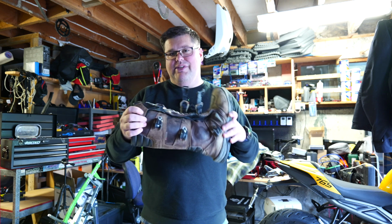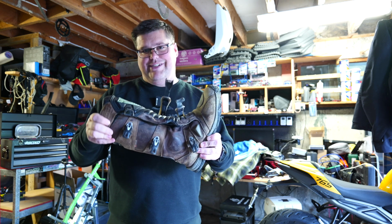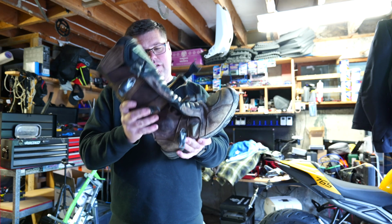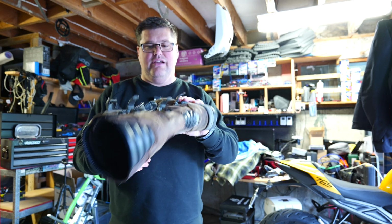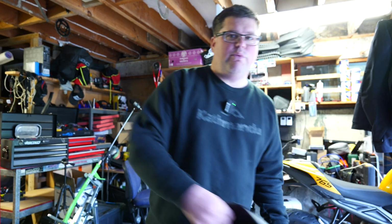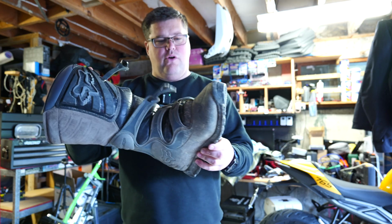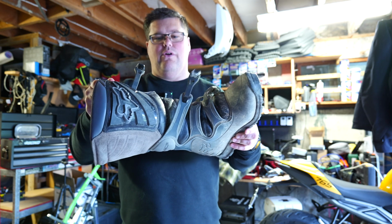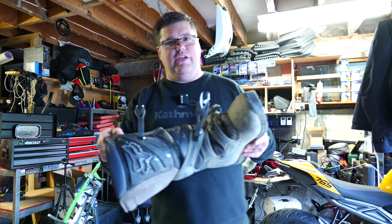But if I was ever going to go off-road, I wanted something with a bit more protection. I mean, the ankle can bend and yeah, I just want a bit more than what this can give me. So when I was going off-road proper, I would have my Fox Comp 5s. I wore these for a long time. I actually got these for motocross and enduro riding, but I used to wear them on the adventure bike